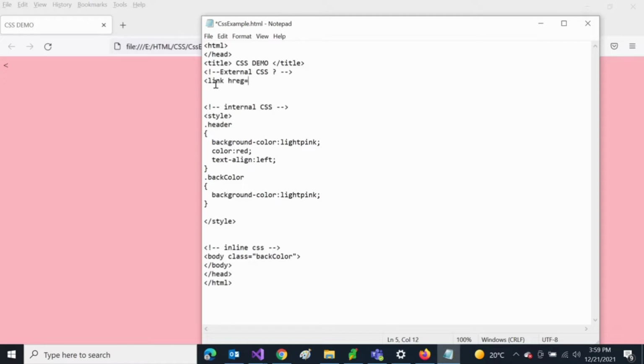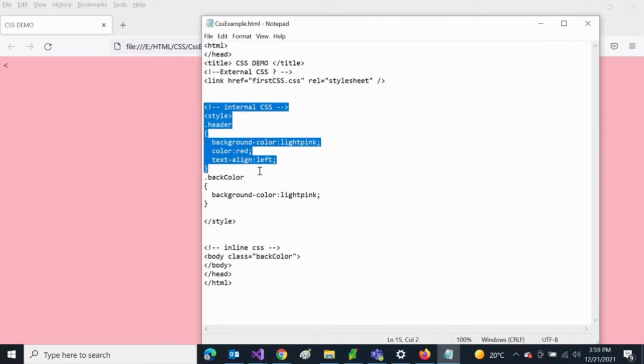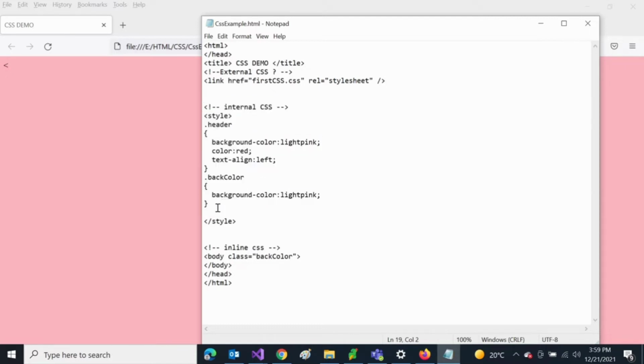So now I am going to link the external CSS file. The syntax is that you write link href, then first css.css, then rel. What is the relation? It's a style sheet, so we have to write it like this.